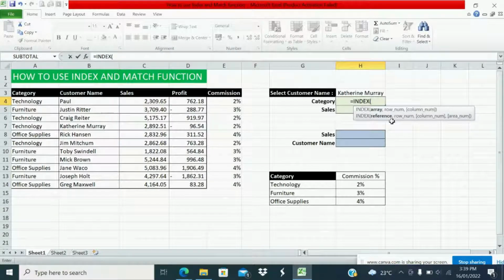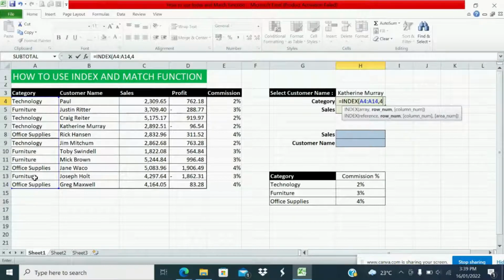So I will select the array, where category is. I want to index the array in category, comma, which row number I want to find out. So where is Catherine? Catherine is in customer name, but for Catherine I want to find out the category. So the row number is 4, comma,